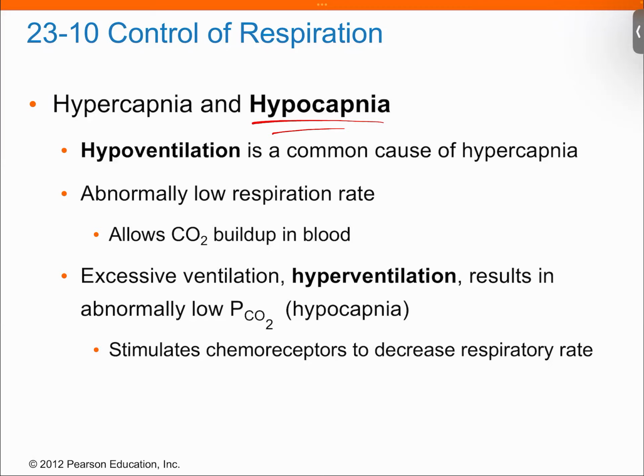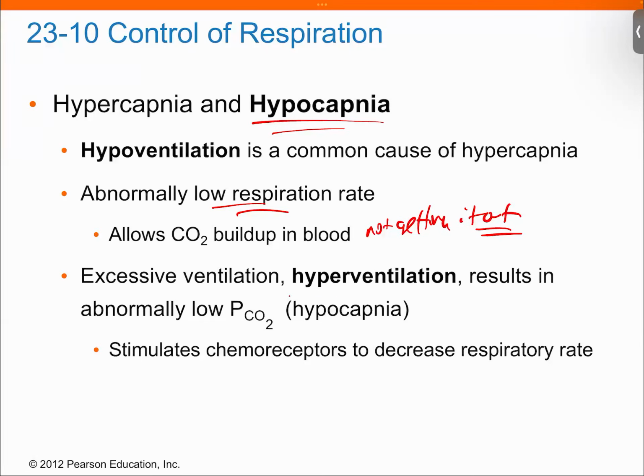And so this is basically where you have an abnormally low respiratory rate. So it allows CO2 to build up because you're not getting it out. So if you're not breathing at a normal respiratory rate, you're not going to be able to push out that CO2. It's going to build up in there, and it's going to create kind of a hypercapnic situation where you have an increase in